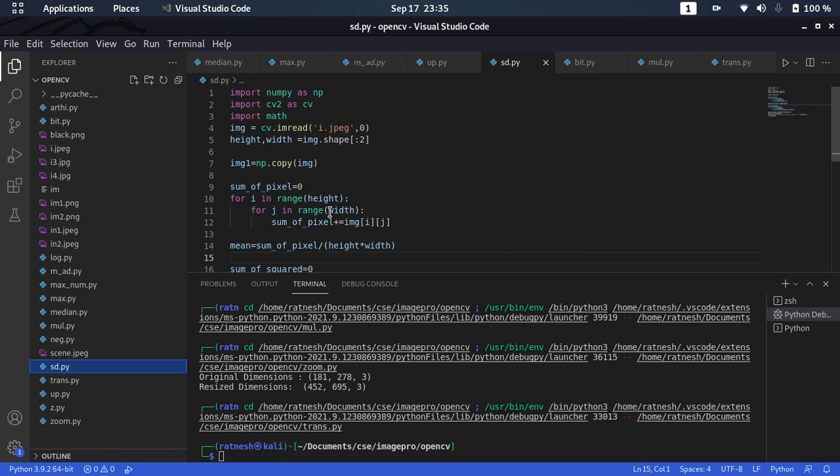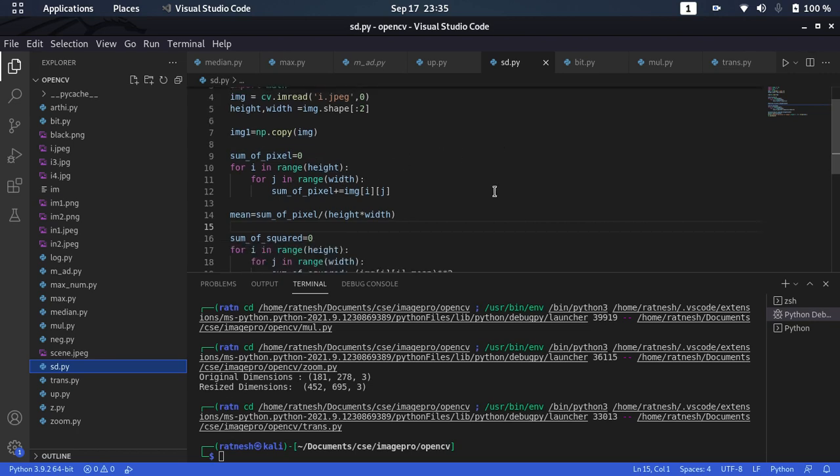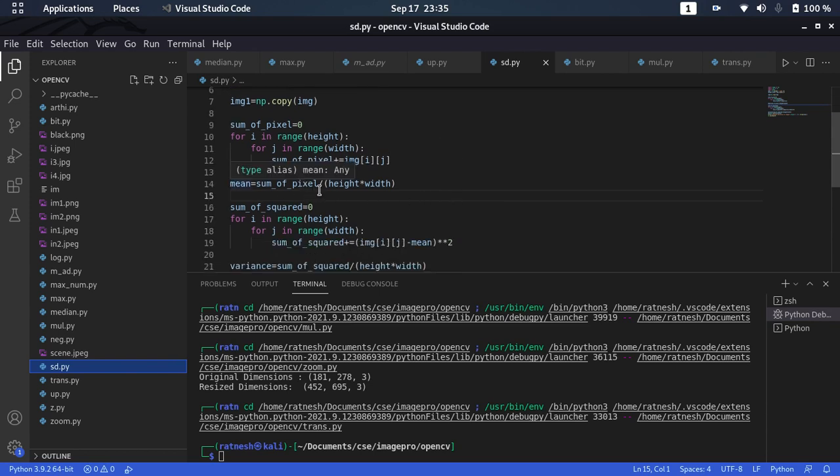Now I am using a nested loop and storing the values of pixels in the sum of pixels. After calculating the mean, now I am calculating the square sum.